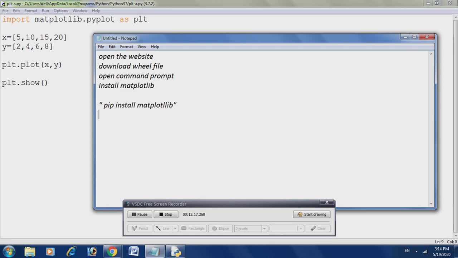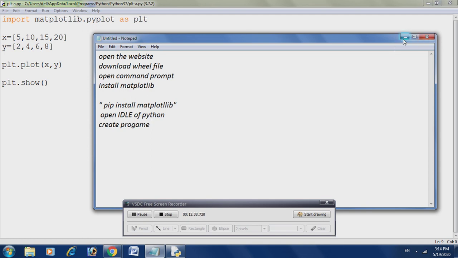Then simply the next step is to open IDLE of Python. Okay, then create a program. Okay, so the program is very clear to you. We will create the program.